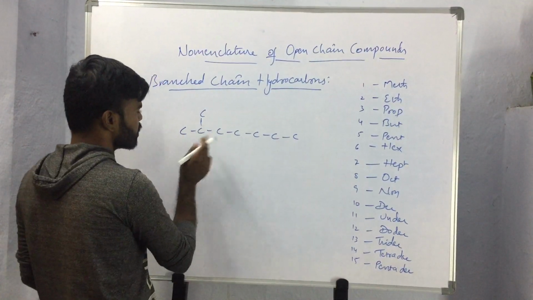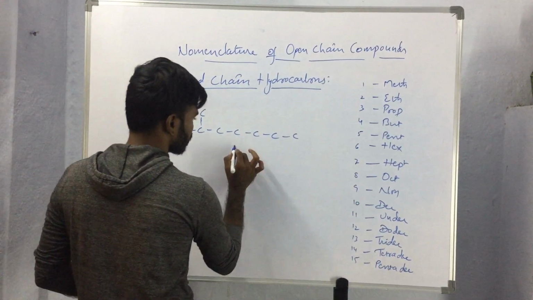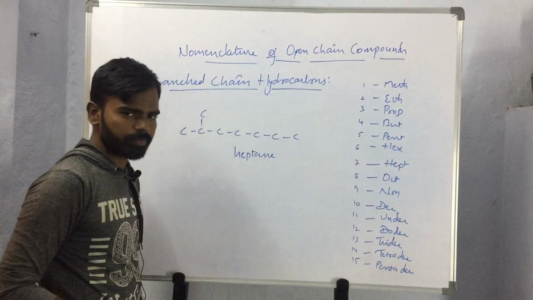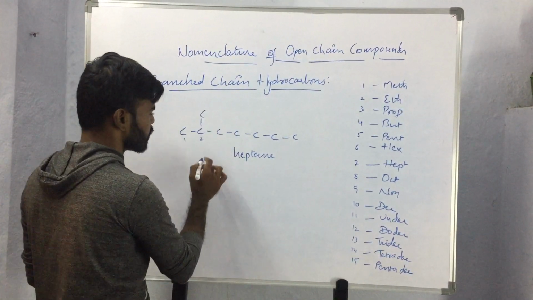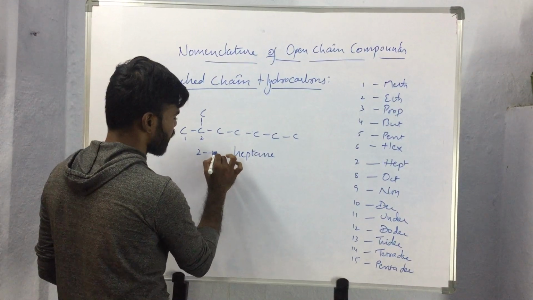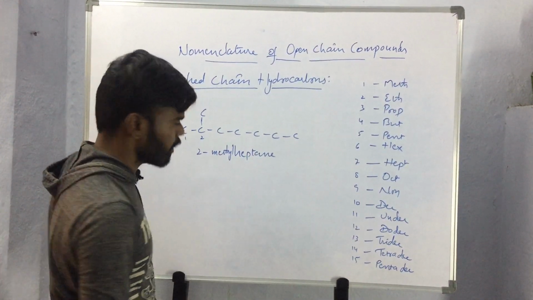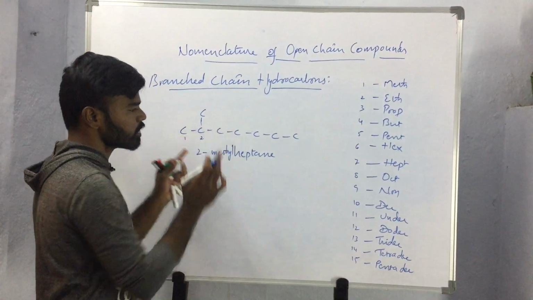So here the parent chain contains 1 2 3 4 5 6 7 carbon atoms. So this will be the heptane chain, and as the 2nd carbon atom contains a methyl substituent, we will be naming this as 2-methyl heptane. But here the compounds like this, they are having a special